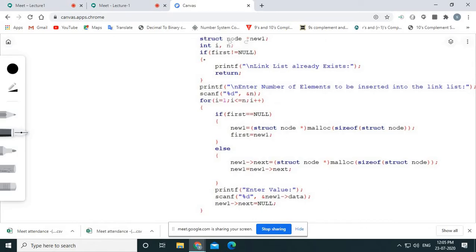These are the code written in that create function, and when the user invokes the create function, the user passes a number. For example, I want to create 5 nodes. This functionality has to be called by the main function, and the main function will take a number from the user whenever the user selects menu option number 1.